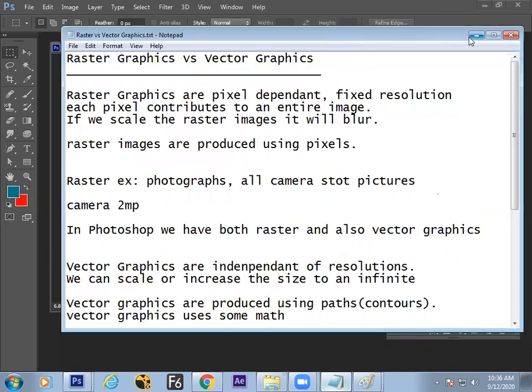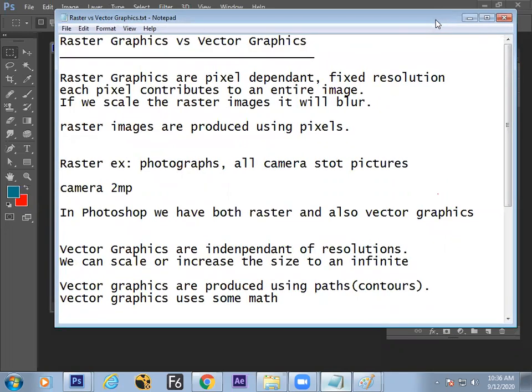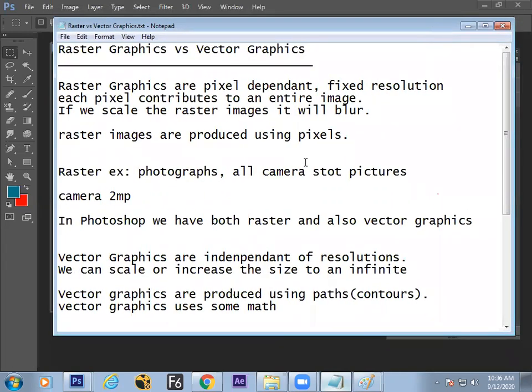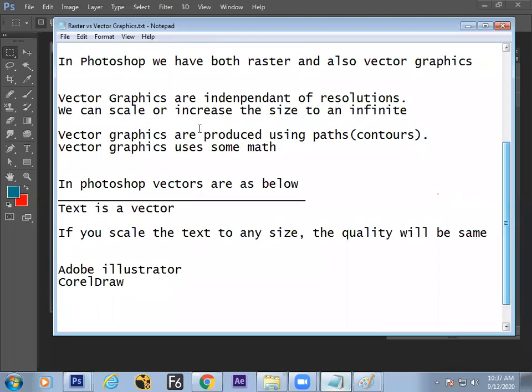That is the difference. You understood the difference? Raster images, we cannot scale up beyond some limit. There is a limit. If you want to scale the image to a large scale, it is not possible. The quality will be blurred. But in vector graphics, we can scale the image to infinite size.